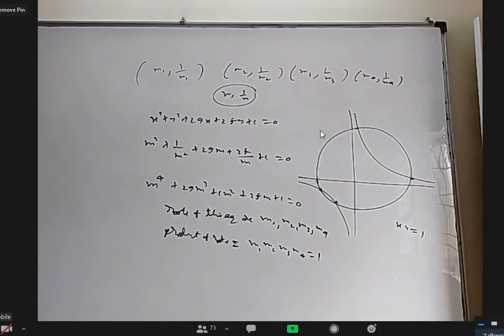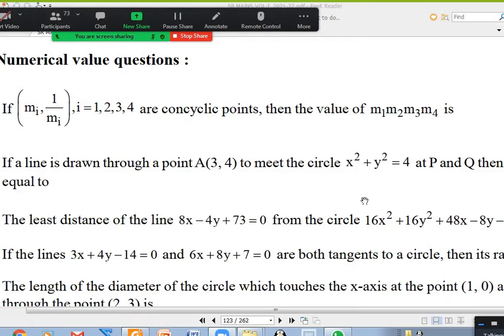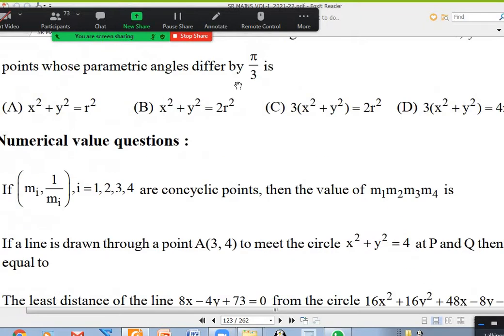Is it clear, Udayalakshmi? Yes, sir. Anybody has any other doubts in numerical questions? No. Yashashwini, roll number 8, are you there? Yes, sir. You tried all the numerical questions? No, sir. I have to do numerical. You have to do numerical. Fine. Yochana, you completed all these 20 questions?